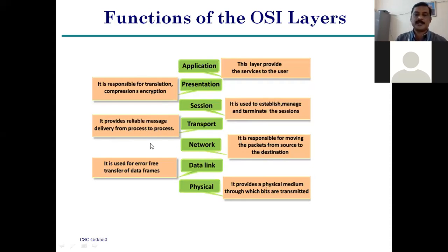Okay, process to process communication, sender to receiver. In process to process communication, reliable transmission is available: reliable and unreliable. Reliable is TCP, unreliable is UDP. Coming to the session layer, it is used to establish, manage, and terminate the session. These functionalities are done by using the session layer. Next, coming to the presentation layer.